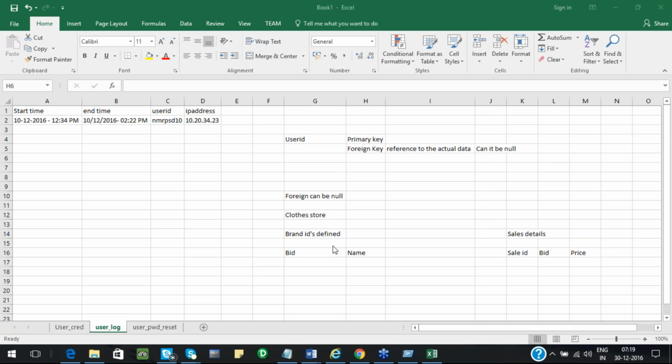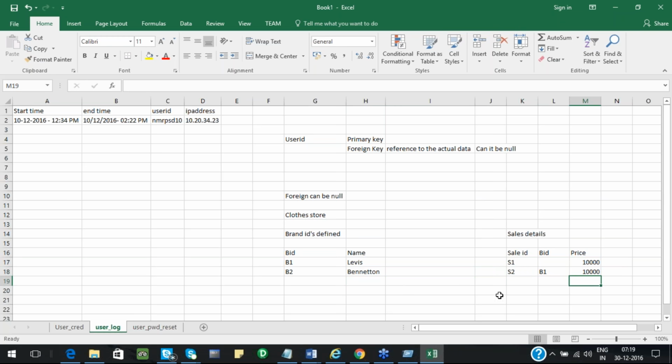Let me repeat. I have brands defined in a table: brand ID, brand name. Suppose B1, Levi's, B2, Benetton. Now when I do sales, I have a sale ID, and the brand can be nothing, 10,000, or sale to B1, 10,000.